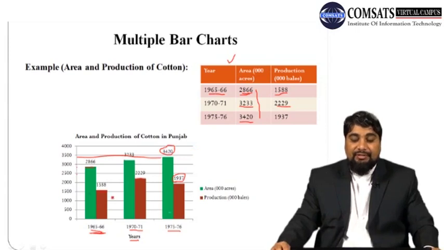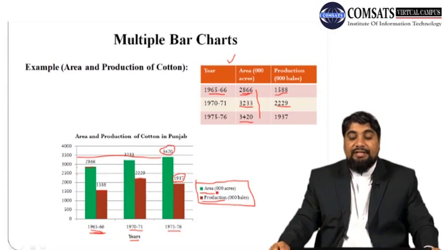और अब इस केस में क्योंकि मल्टीपल बार्स इस्तेमाल हुई हैं, 2 बार्स यूज़ हुई हैं, सो ये ग्राफ के साथ ये जो ग्रीन कलर है ये एरिया को रिप्रेजेंट कर रहा है 1000 एकर्स, और ये डार्क ब्राउन ये प्रोडक्शन को शो कर रहा है 1000 बेल्स. सो इनको कहते हैं लेजेंड्स. सो लेजेंड्स जो है ये इन ग्राफ्स के बारे में एक्स्ट्रा इन्फॉर्मेशन शो करते हैं कि डिफरेंट कलर्स की बार्स जो हैं वो किस कैटेगरी को शो कर रही हैं. तो इस केस में जो ग्रीन है वो एरिया के लिए है और डार्क ब्राउन जो है वो प्रोडक्शन के लिए.